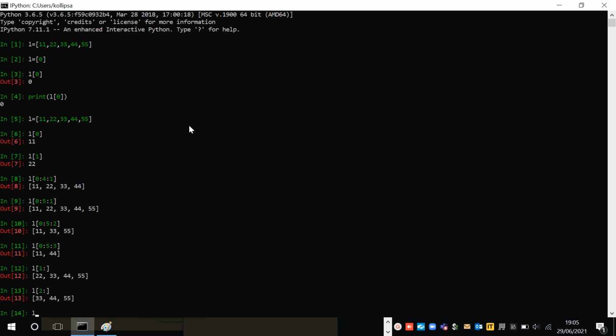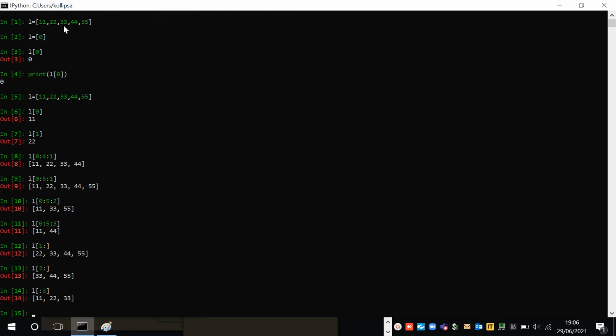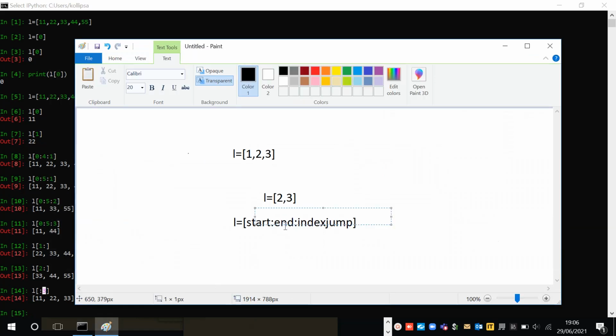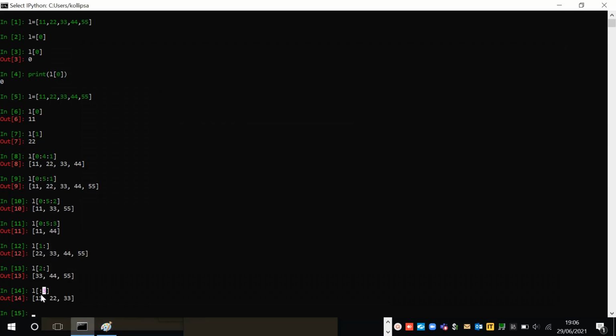Now you might get one more query. You want to print till this level, 33. At that time, this is 0, 1, 2 and 3. If you give colon 3, it will print till there: 11, 12 and 23. See, we are not giving any start. If we are not giving any starting point, by default it will consider the 0th index. After that we give colon, and whatever you give after the colon will be the end. So till where you want to print? 11, 22 and 30. Since I gave the third index, it will print till third, but it will not consider the third index element.